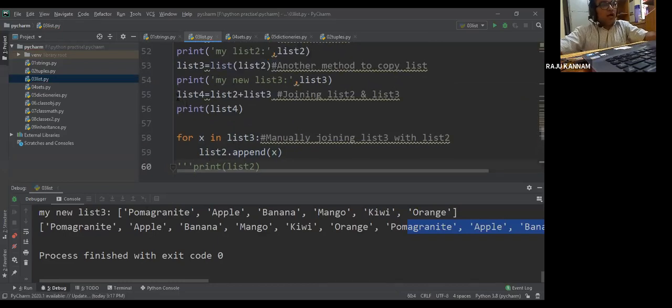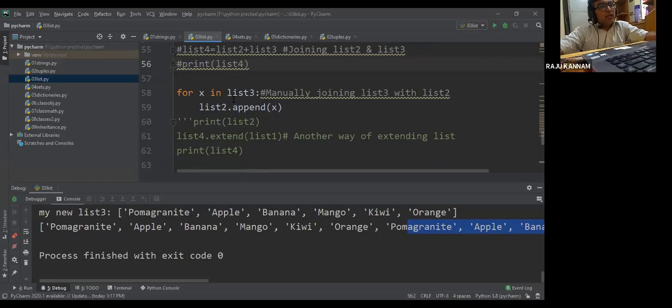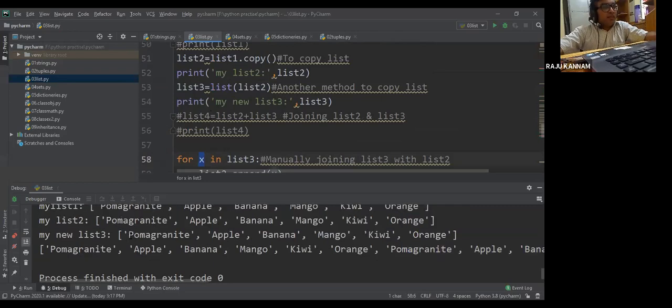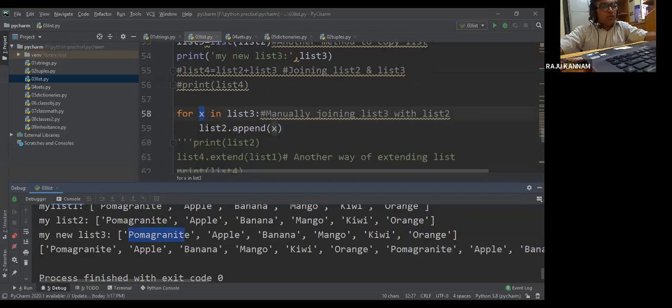So now I'll do one thing. I'll disable this, because this time I want to do the joining of the list manually. So for every item in list 3, first pomegranate should be added here.